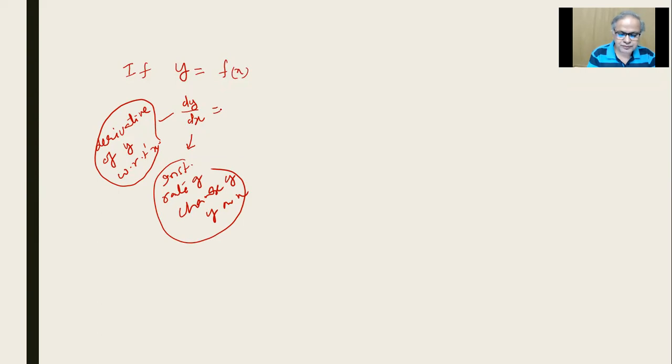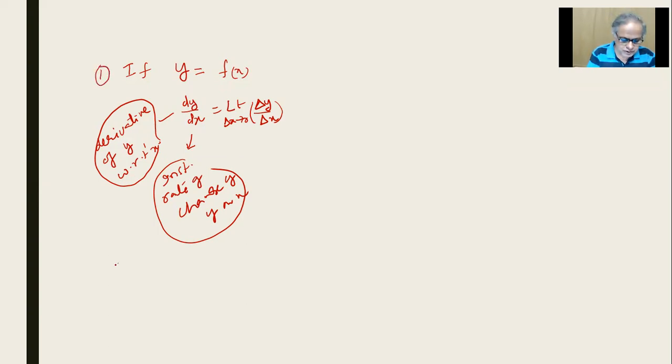This is equal to, we said there will be a quantity called delta y by delta x. As delta x is made to go towards 0, this limiting value of delta y by delta x, when you make delta x almost 0, is what you get as dy by dx, right?